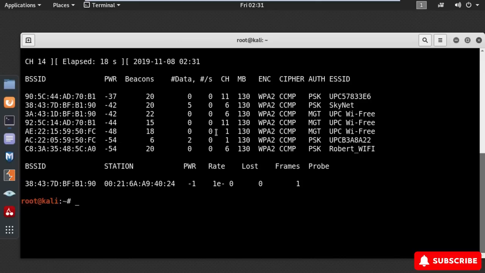Okay, so let's see how to sniff packets from a specific network. In my case, the target network is Skynet. Also make sure you are doing this test on your own network. So let's get started by typing the following command: airodump-ng